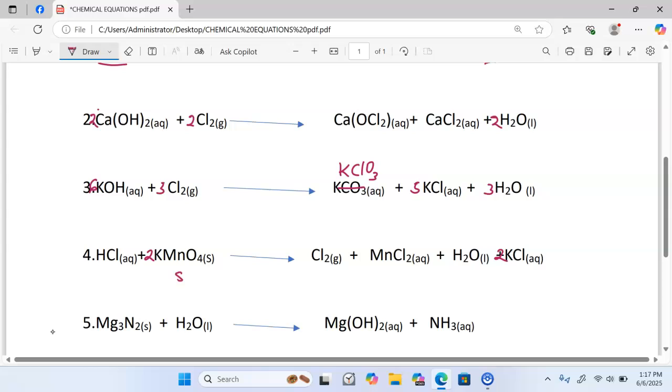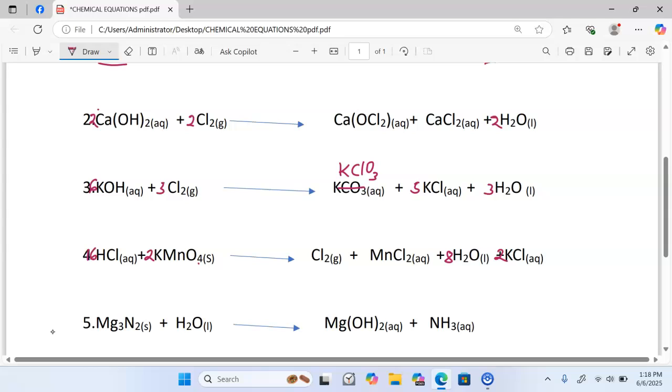Writing 2 behind potassium manganate 7 makes oxygen to be 8, that is 4 times 2. And on this other side, we only have 1, so we multiply by 8 behind water to balance the oxygens. Once we have balanced the oxygens, we can now look at the hydrogens. On the product side, we have 2 times 8 giving us 16. That means we multiply 16 behind hydrochloric acid, for us to balance